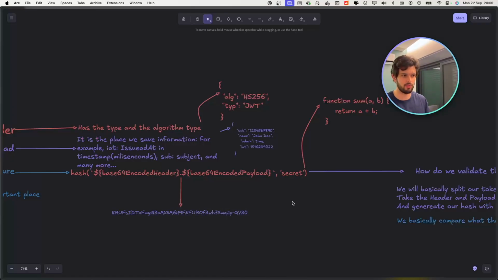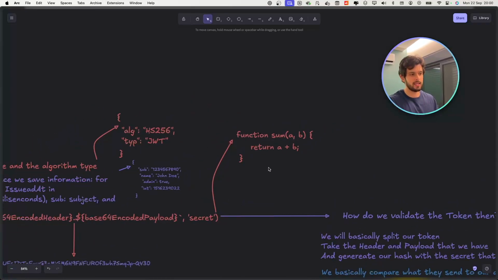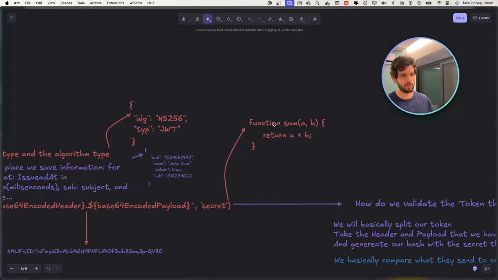Now let's dive in and understand, first of all, the hash mechanism in here. So this is a pure type of function, a pure function. That means, for example, that if here we have another function of this type, which receives an A and a B as parameters and just returns A plus B, we're just summing things. So let's suppose I call the function sum, passing the value 2 for A, and then B